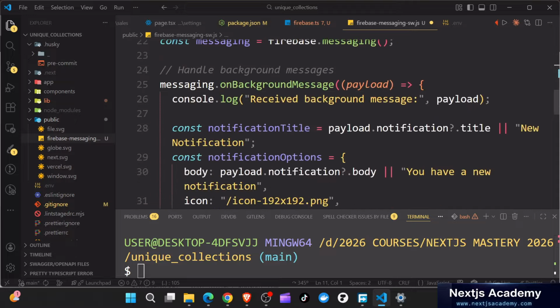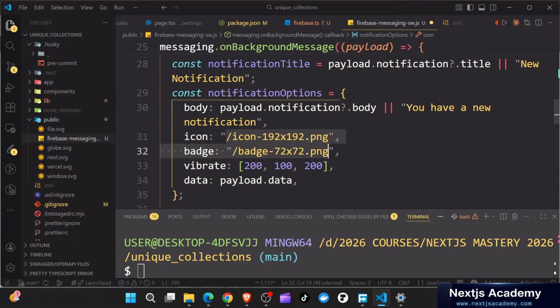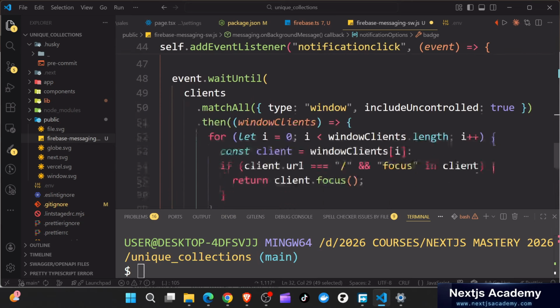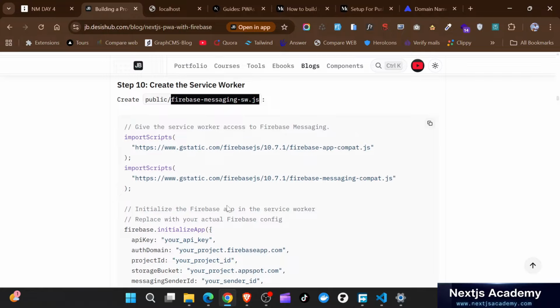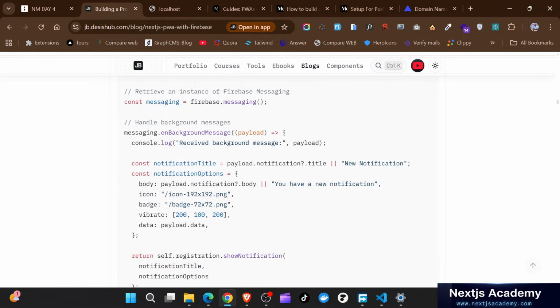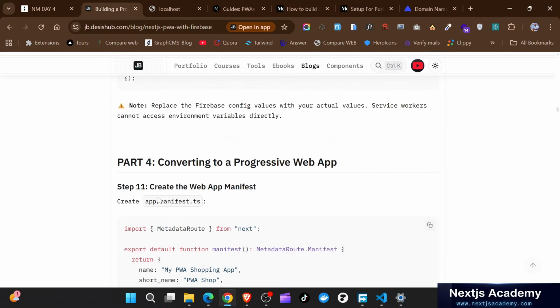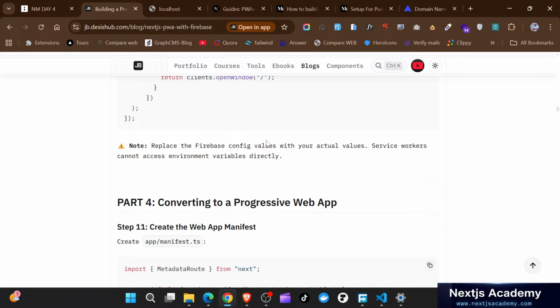Okay, so everything looks good. I don't know if we add the icon and the badge. We'll see how to add them, but for now let's not mind about them. Hoping that everything is good. So you can see that we give service workers access to Firebase messaging by adding these scripts, and then we have the stuff we have in here. Then the next part is converting into a progressive web app. So this is all the settings we need for Firebase